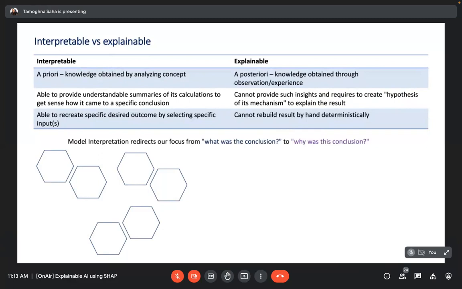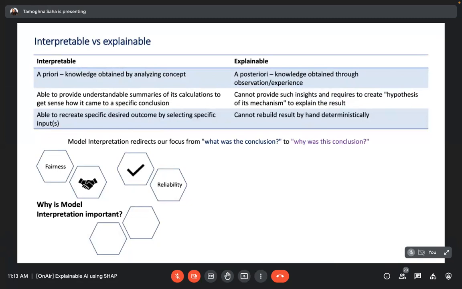But the main question or the agenda for us, of course, is to move the focus, whenever we do model interpretation, from what was the conclusion to why was this conclusion, right? That's where explainable AI comes into the picture. And of course, why is it important to us? First of all, fairness. We must ensure that the model outcome is fair and there is no bias in the information. Secondly, reliability.